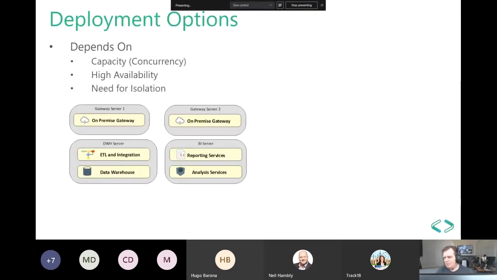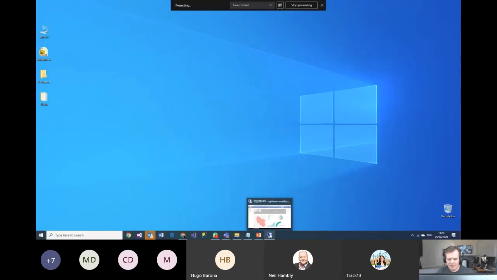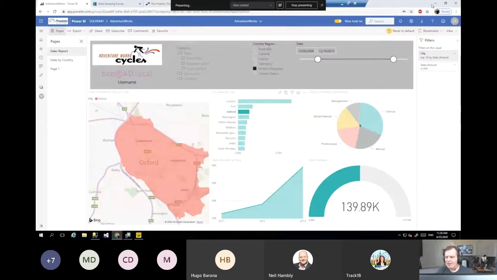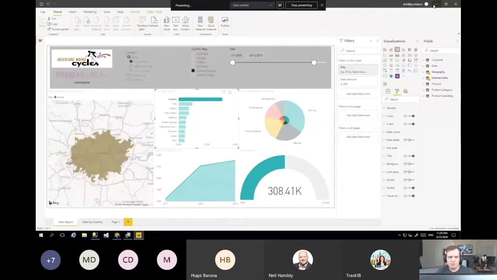So that's the deployment options. Now let's have a look at some other stuff that you can do with it, right? Because I've showed you it working at a basic level. Let's look at authentication working, or row level security, for example, right? So if I go to my demo here, I've got a user